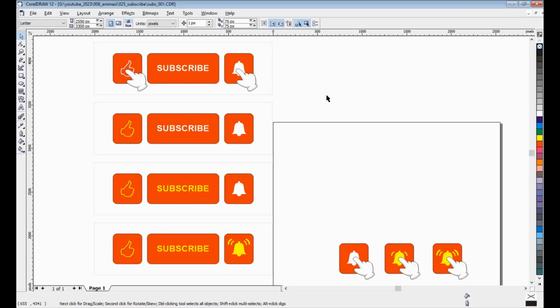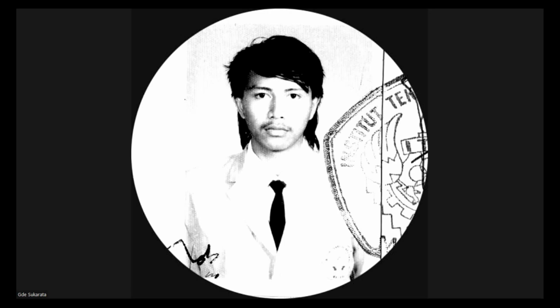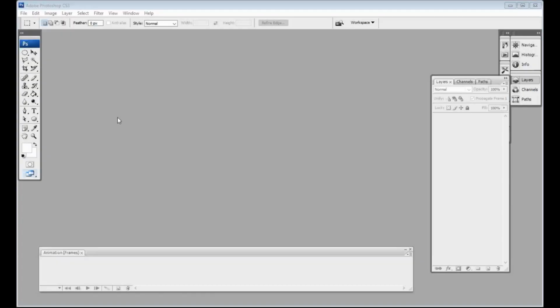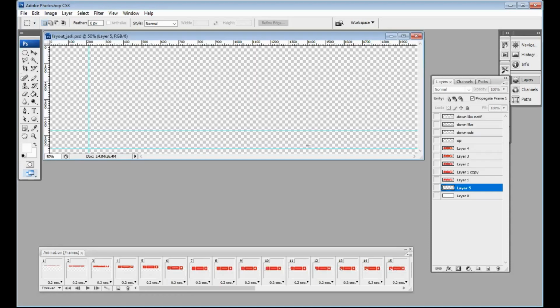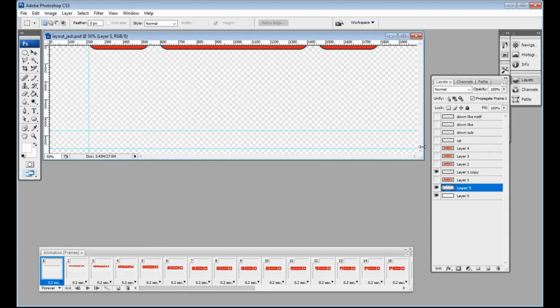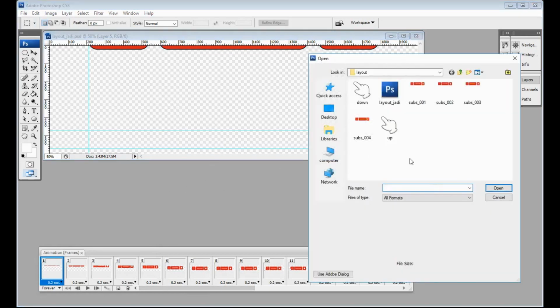Okay, let's try to lay out. Maybe I will lay out on Photoshop. Let's try. I have prepared this scenario of animation. I have frame number 1 and all the assets.